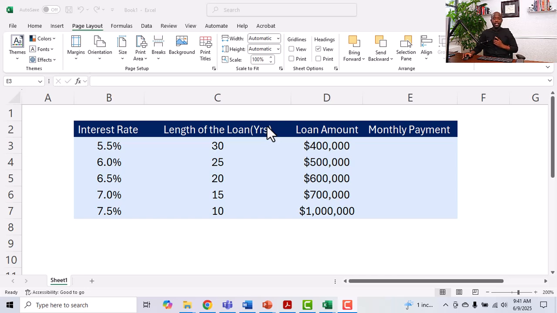Hey everyone, in this video here, I'm going to show you how to calculate mortgage payments using the PMT function